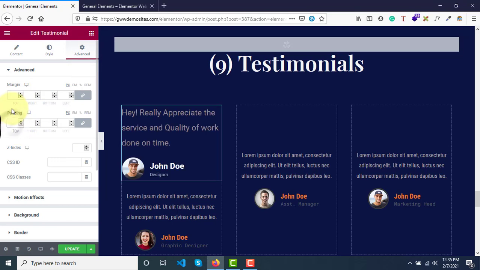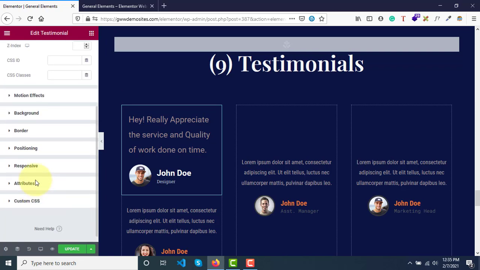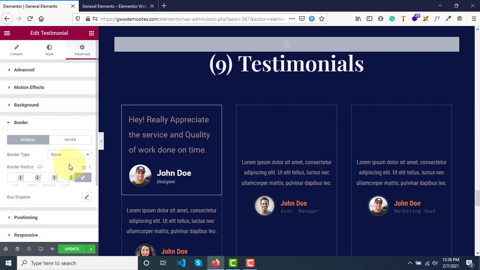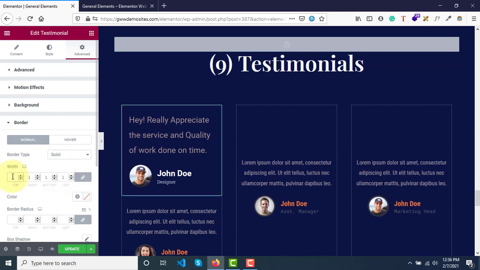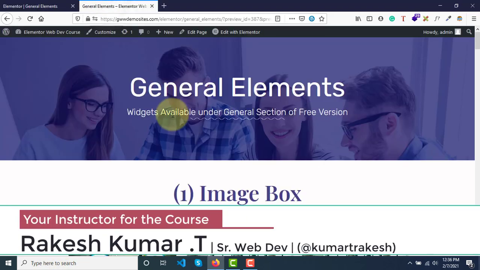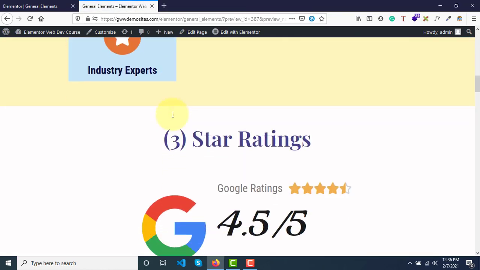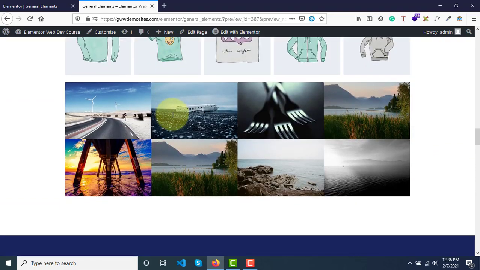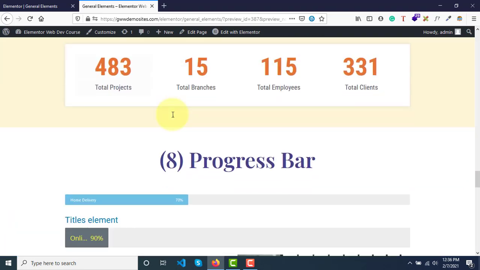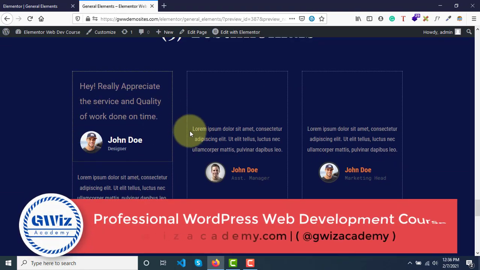And if we go to advanced, again we have padding, margin, padding, let's say 20. And if I add some border, it will look beautiful. Say border type solid, and if I add width for 1, then it looks a bit neater. If I click on update, let's see how it looks. Now scroll down. Right, this is how it will look